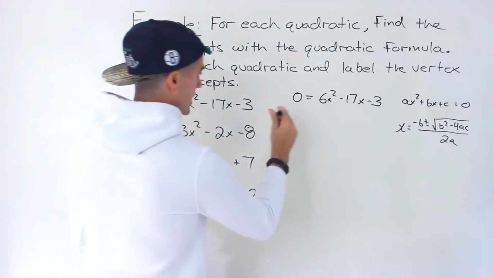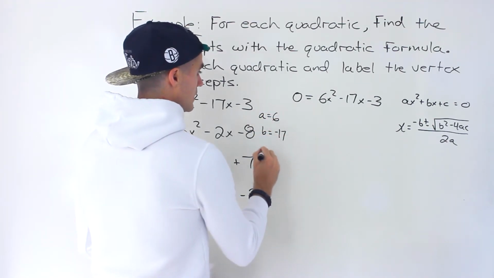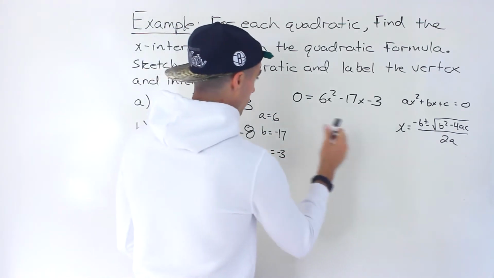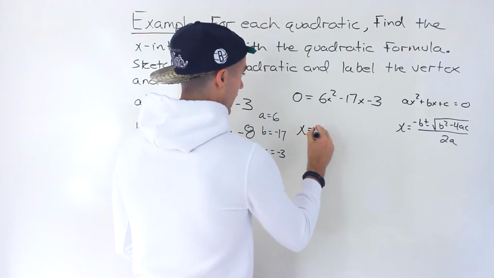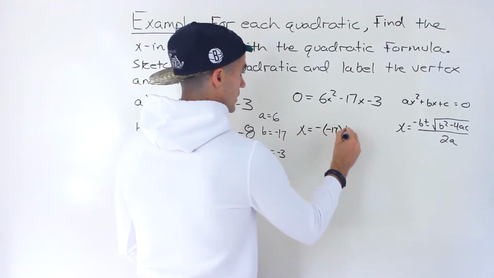Okay, so notice that in this case, the a value is 6, the b value is -17, and then the c value is -3. So plugging in these parameters for this formula, we'd have negative b, so -17, plus or minus